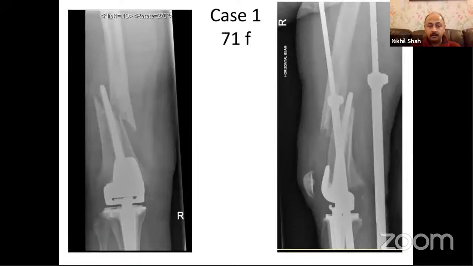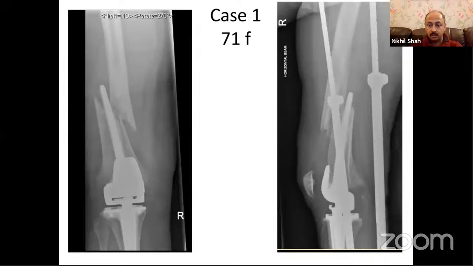So let's look at the distal end of the femur first. We have looked at the proximal end of the femur. This is a lady who has already had 2 or 3 revisions on her knee, and the latest revision was like a rotating hinge knee. And she had a trivial fall, and she's had a fracture which looks like this. So it's not exactly at the tip. So it's not the equivalent of a type C. It's more like the equivalent of a type B.